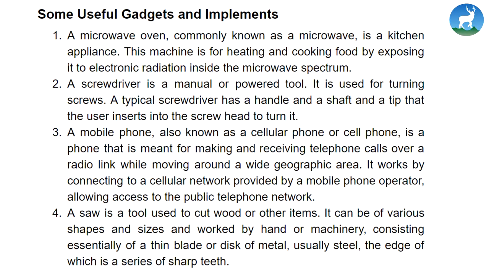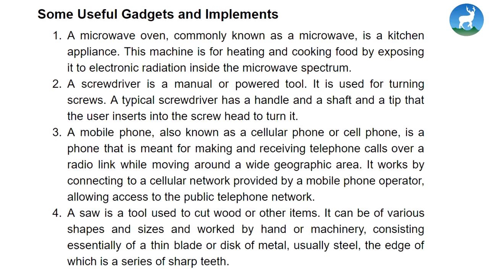A microwave oven, commonly known as a microwave, is a kitchen appliance. This machine is for heating and cooking food by exposing it to electromagnetic radiation inside the microwave spectrum. A screwdriver is a manual or power tool. It is used for turning screws. A typical screwdriver has a handle and a shaft and a tip that the user inserts into the screw head